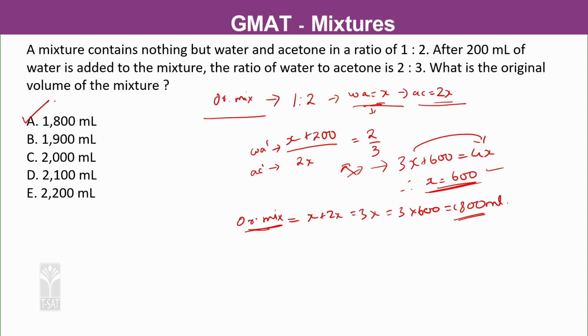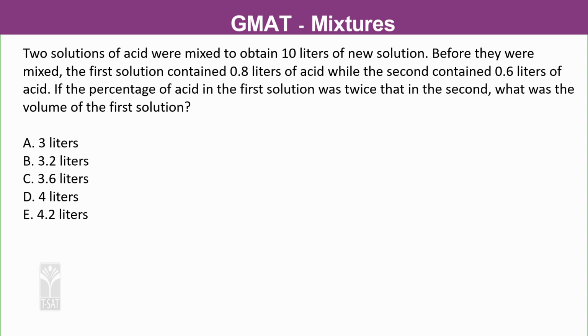Let us look at the next question now. Two solutions of acid were mixed to obtain 10 liters of new solution. Before they were mixed, the first solution contained 0.8 liters of acid, while the second contained 0.6 liters of acid. If the percentage of acid in the first solution was twice that in the second solution, what is the volume